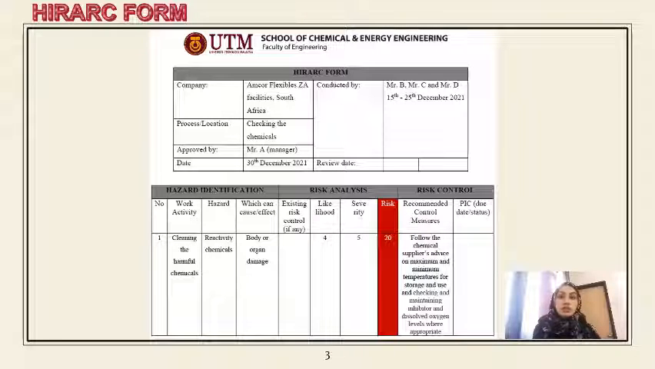So, a complete HIRARC form consists of the specific hazard identification, risk analysis, and risk control. The risk calculated is 20, and the risk control recommended is and control measure